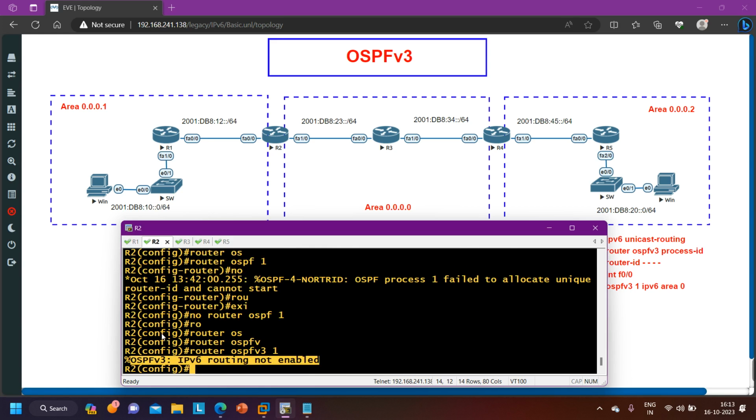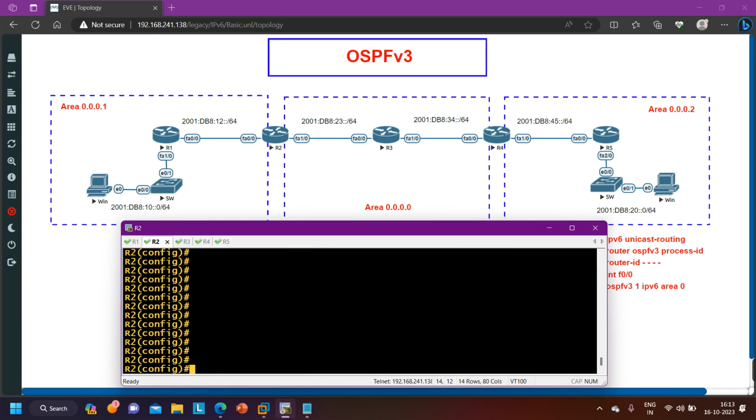I am going to configure router number 2 now. On router number 2, first is IPv6 unicast-routing. Until and unless you enable IPv6 routing, you cannot configure OSPF version 3. Then router OSPF version 3 and process ID 1. Here the router ID is, let's say,